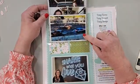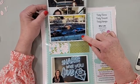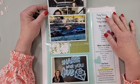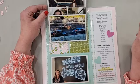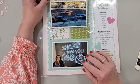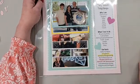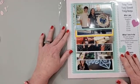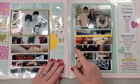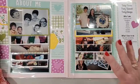And like I said, little known fact, I love demolition derbies. We've been to so many of them at county fairs. We love it. And so I included a demolition derby photo. I know probably half of you, or maybe more than half, are like, wait, what? And then just one of the photos from last fall in the home office with their wonderful Share What You Love sign there. So that, my friends, is the Stampin' Up! Meant to Be scrapbooking workshop kit, and my version of layout number 1